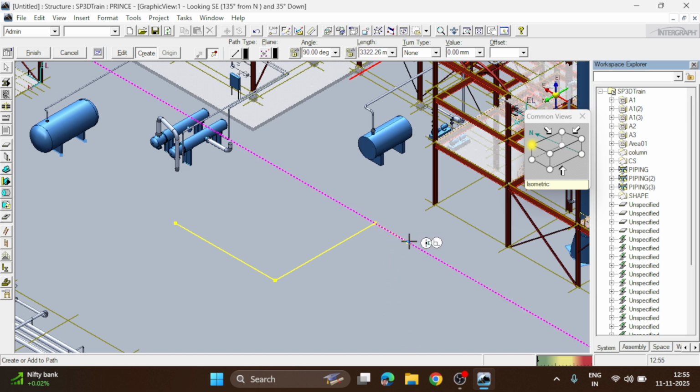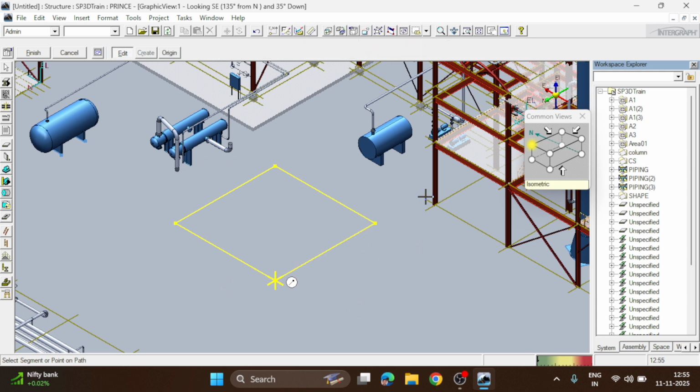Then again we have to click on the easting. In this position, we can either give the value of 10,000 here, or we can click here as it's locked to 10,000. Again locking the northing and click on this point. So a square will be created. If the Finish option came here, so the perfect square or perfect end-to-end point connected, then we have to click